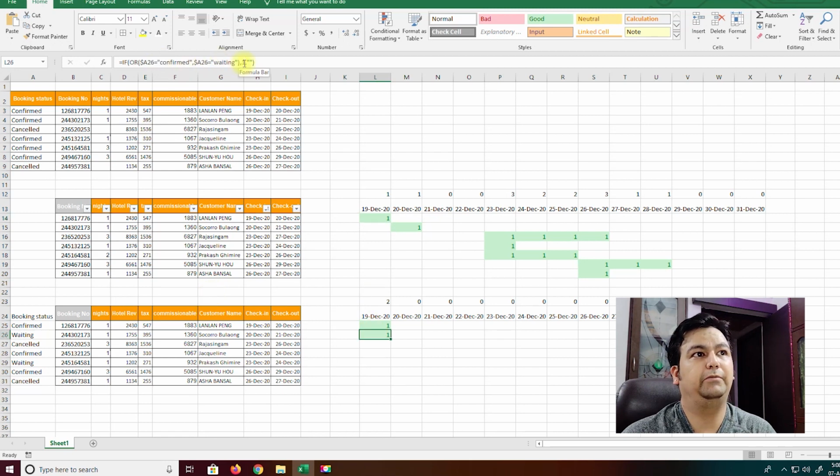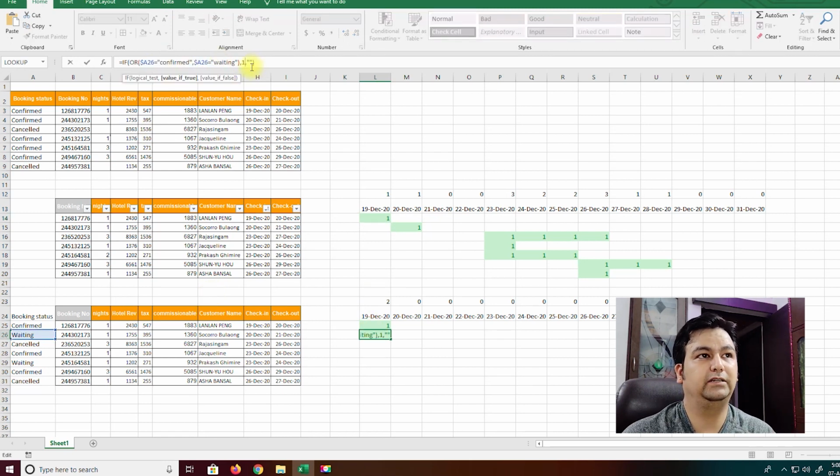Instead of having my value if true as 1, I will replace this with this and change all the values to suit this reservation here, which is 26th. So I'll change this H14 to 26, I14 to 26, and the date L13 as 24 and 24.